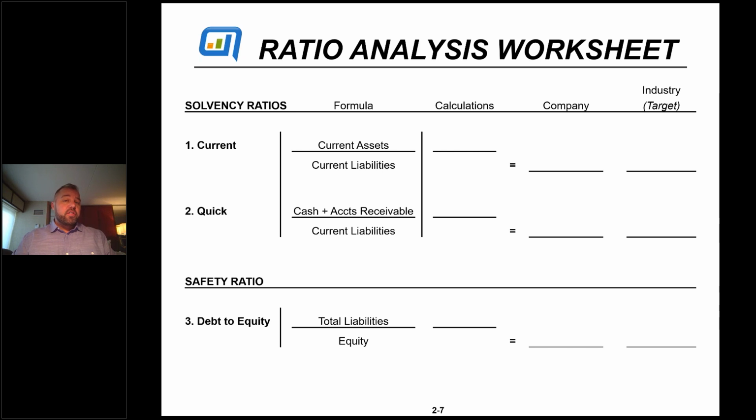His EBITDA was really pretty strong. It was 323,000. And if we take that times 3, that means he can take on about $1 million in long-term debt. He has about 600,000 of it out right now. So he's got room for 400,000. And then we knew that he was misfinanced, which means he had used his line of credit. If we looked at notes payable, it had increased to pay for some of his expansion.